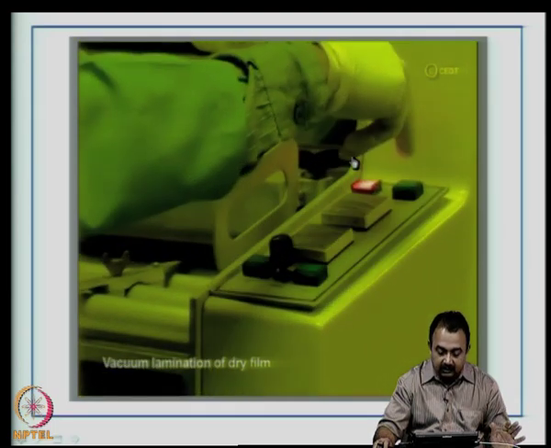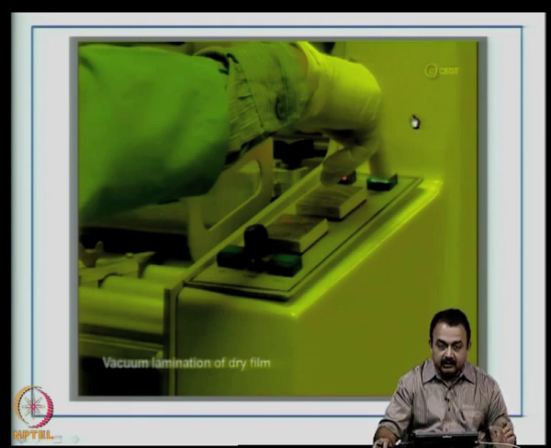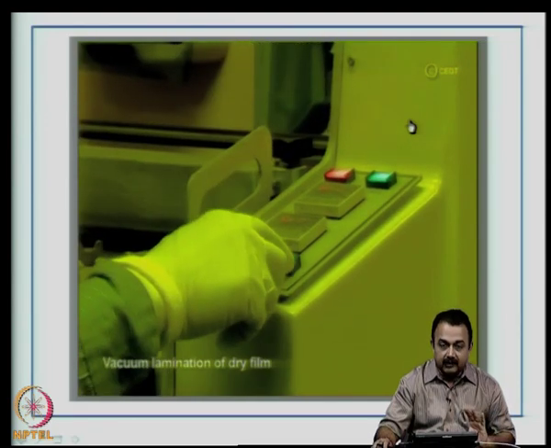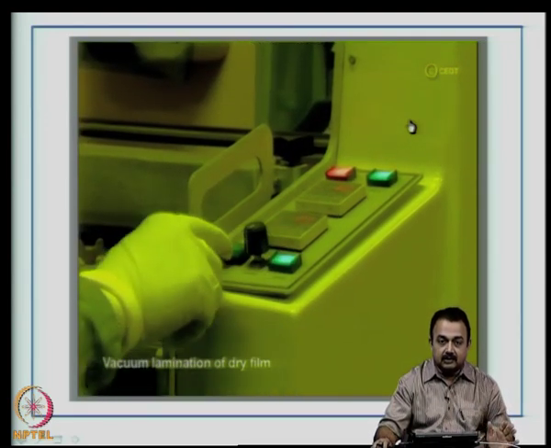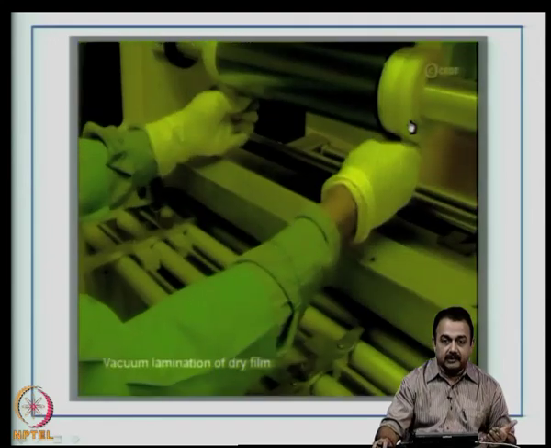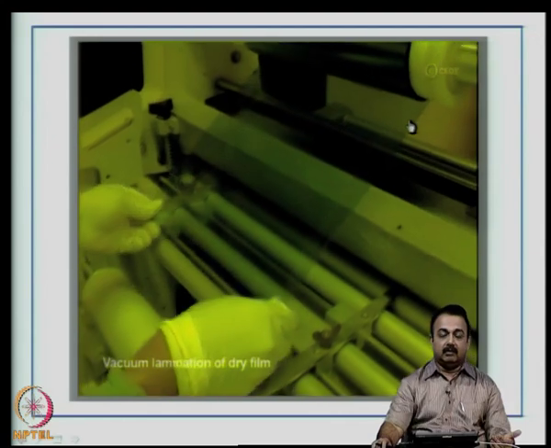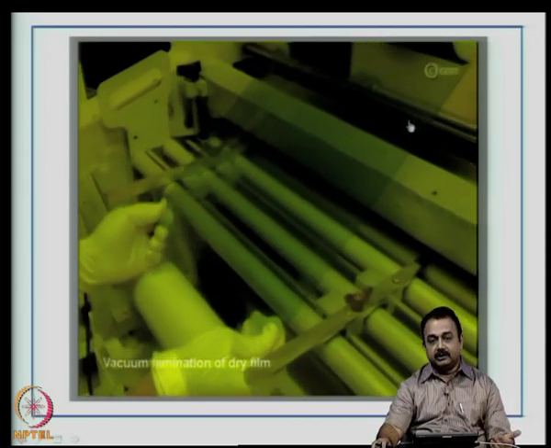Power is on, the various controls are on. What are the various controls? There are rollers in which your boards are going to be fed. The gap has to be decided, the roller speed has to be decided. There are heaters on the roller which will have to be set at a particular temperature, because the board is now activated, the dry film is also activated, and your adhesive at that temperature will enable bonding or lamination to